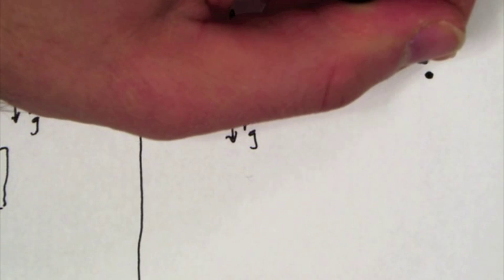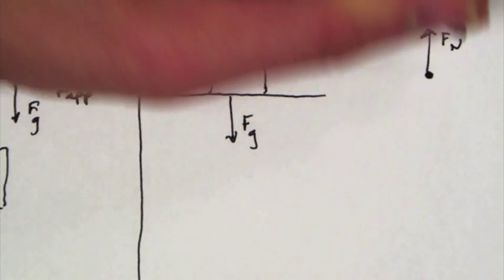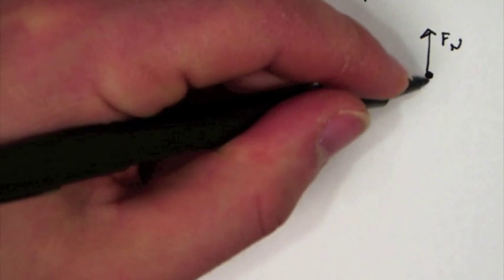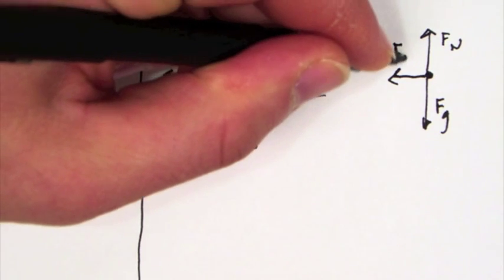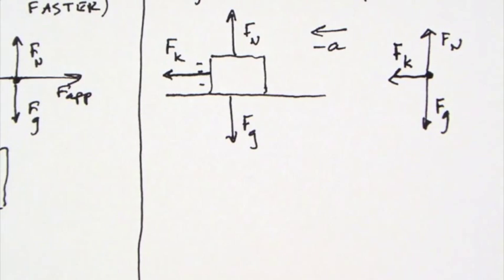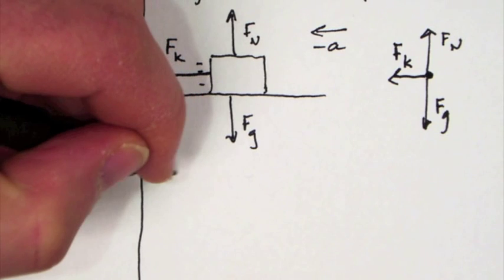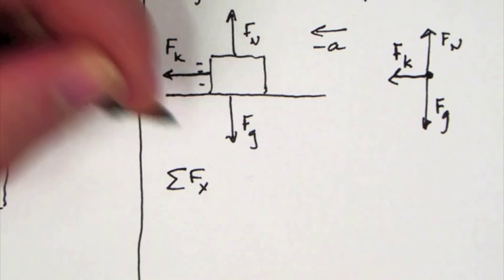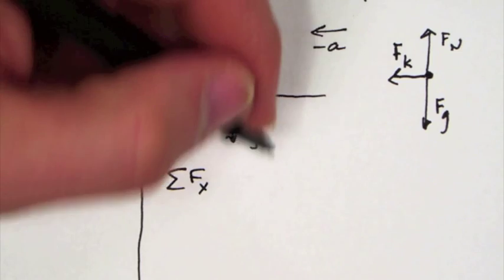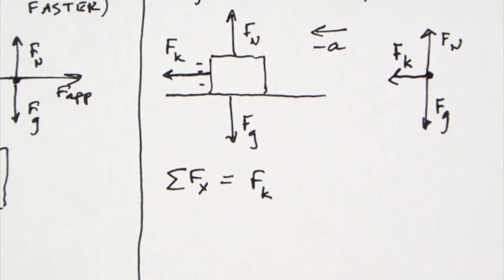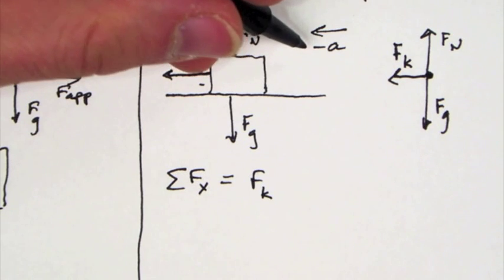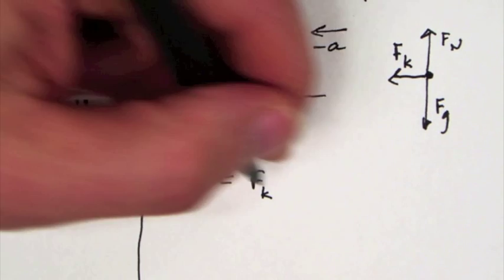For a free body diagram, normal force, weight, and friction. So let's sum up those forces. In the x direction, I have only one force this time. I have the force of kinetic friction. And I know that it's accelerating in the negative direction,